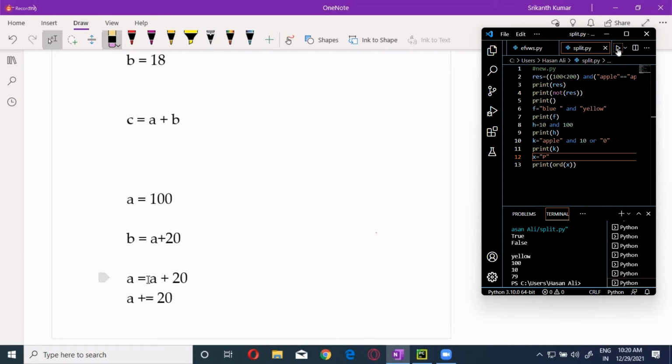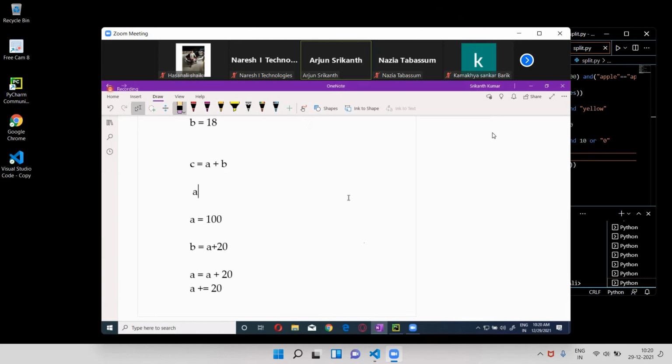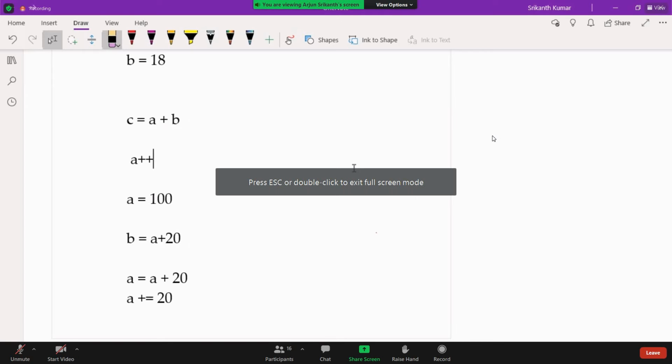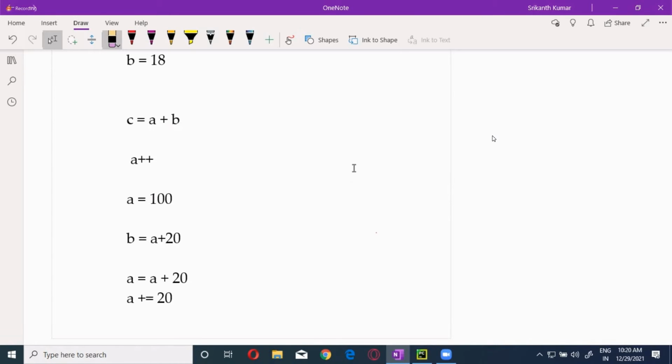When the value inside the variable is increased and stored in the same variable, that is called incrementation. In Java, there is something like A++ or C++. That is nothing but increasing the original value of A with some number and storing it in the same variable.